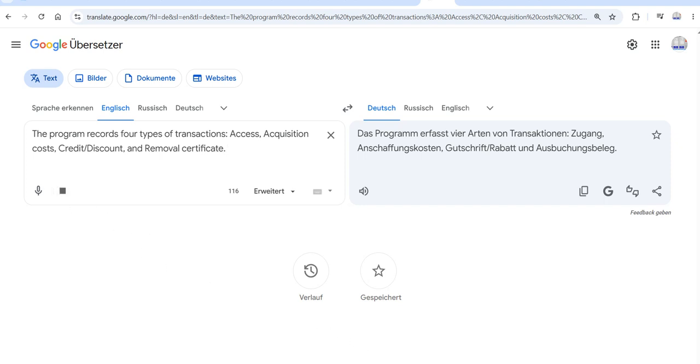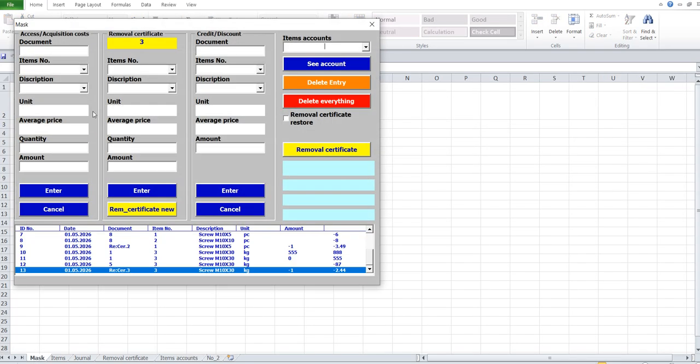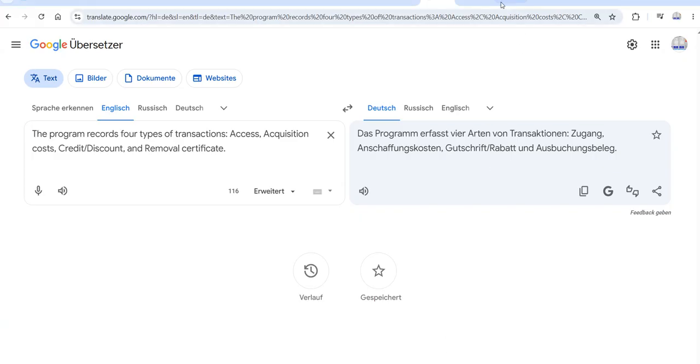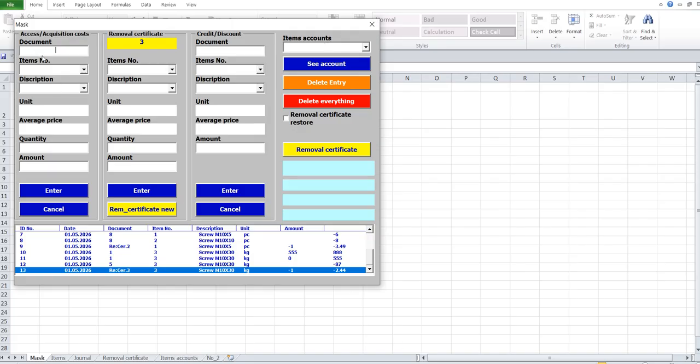The program records 4 types of transactions: acquisition, acquisition costs, credit and discount, and withdrawal certificate. When recording an acquisition, the quantity and amount are specified.